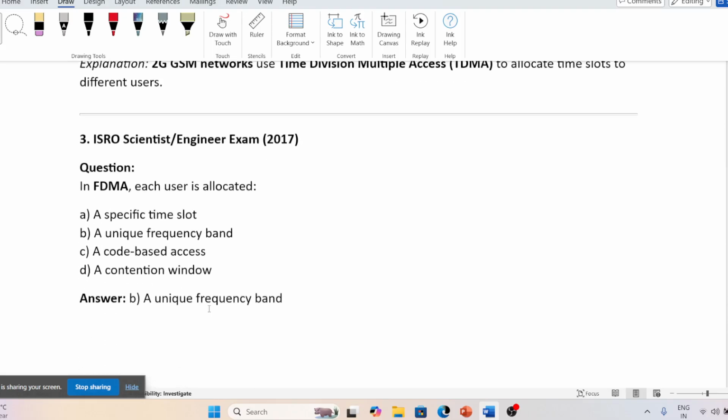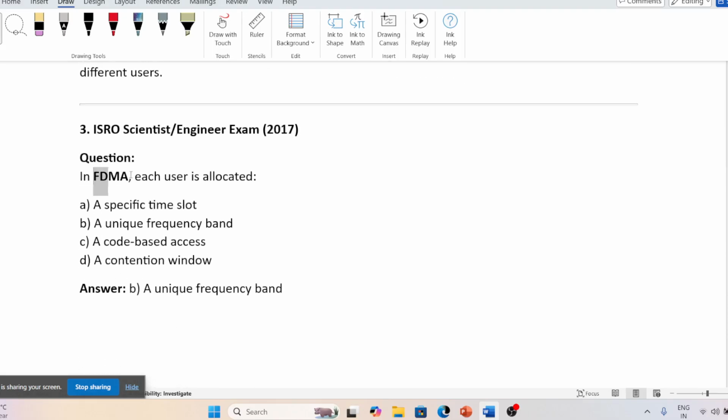मूविंग अहेड, FDMA यानी फ्रीक्वेंसी डिवीजन मल्टीपल एक्सेस में each user is allocated, क्या मिलता है इसमें? अलग अलग फ्रीक्वेंसी बैंड मिलता है। जैसे आप रेडियो यूज कर रहे हो, FM यूज कर रहे हो, उसमें we are having different different frequency bands and it is being allotted to it. So let's suppose you want to start an FM station, मुझे यहाँ पे FM स्टार्ट करना है। So you are going to allocate some frequency, जैसे आपको दे दिया 98.7 कि भैया ये आपकी रेंज फ्रीक्वेंसी है, इसी पे आपको अपना